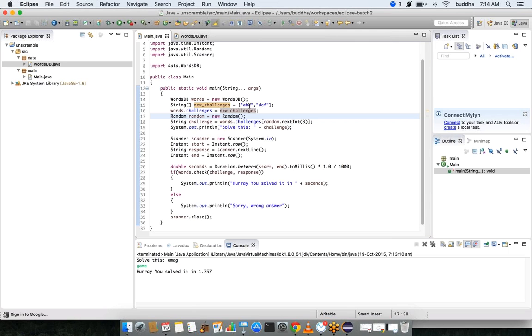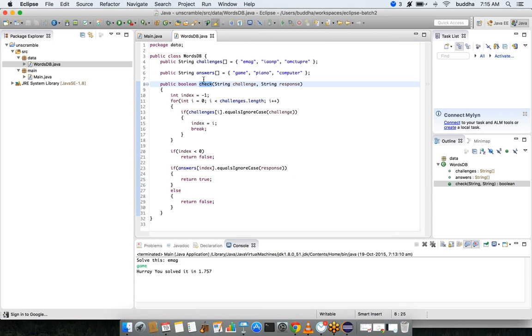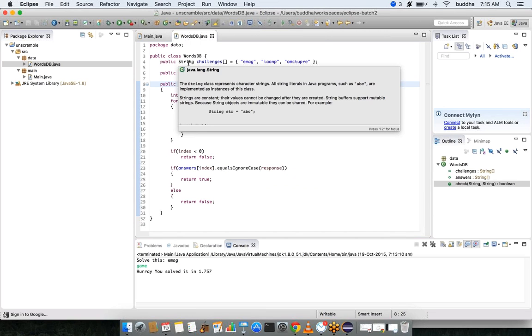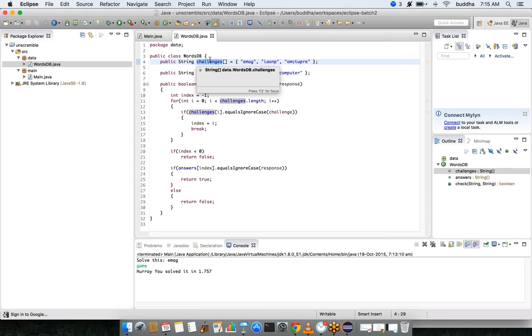Because the challenges one is actually BSC, whereas the WordsDB will be assuming that it is still ABC. So it is actually not safe to let the users directly access these private variables, and we should not make them changeable by the user.